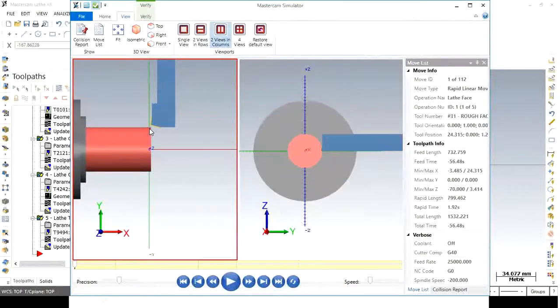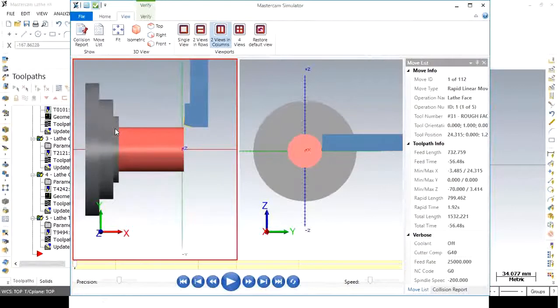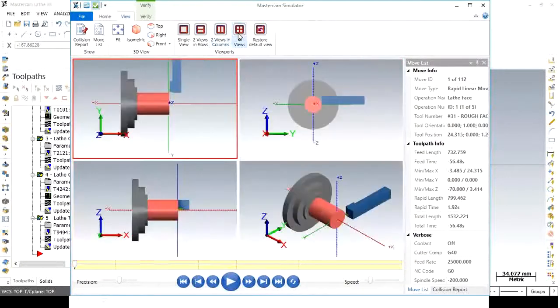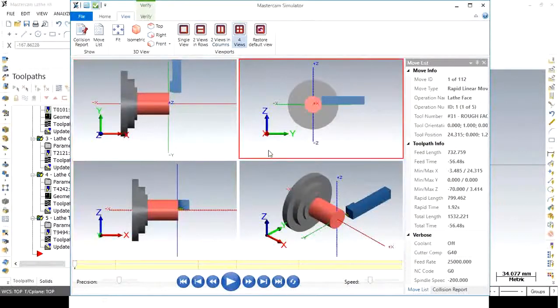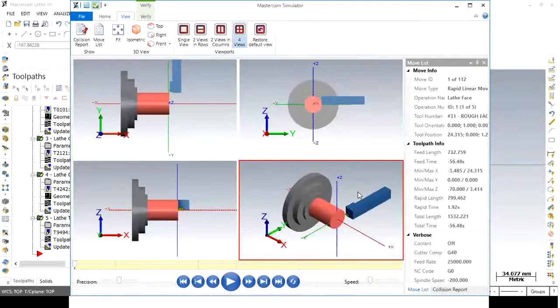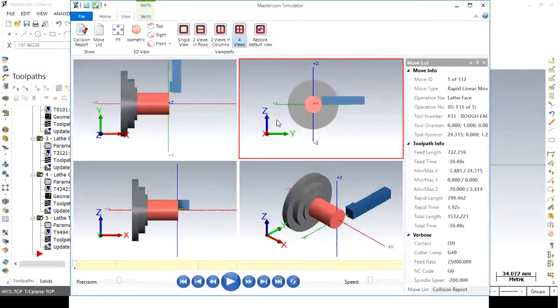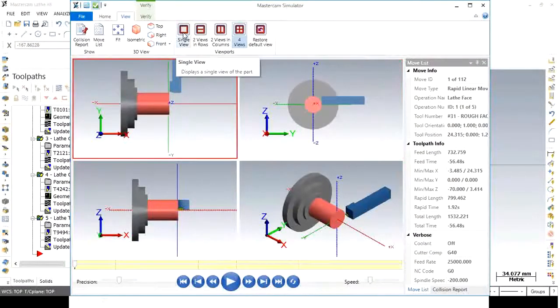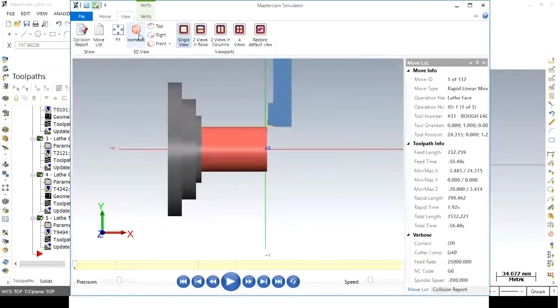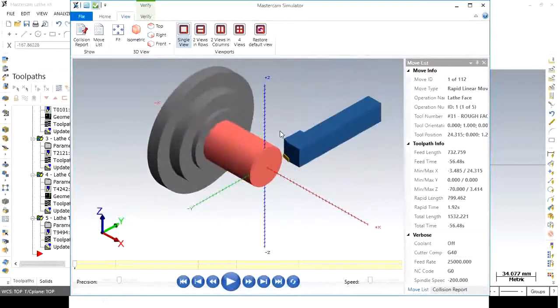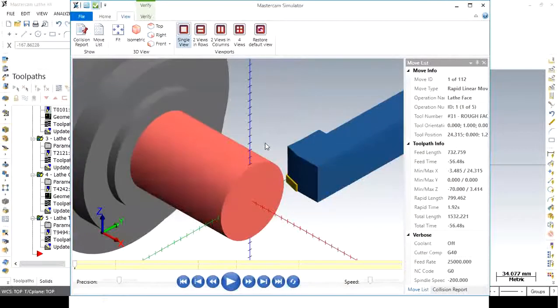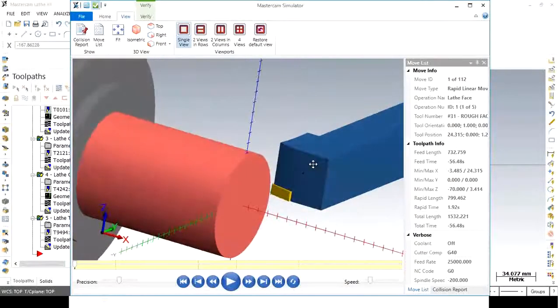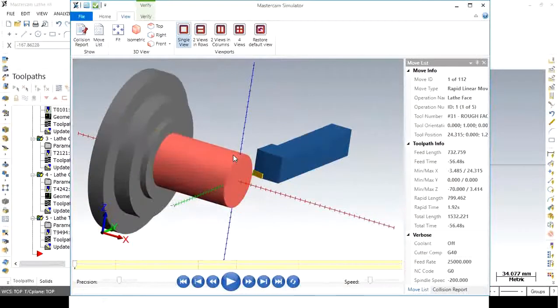You can zoom in or zoom out by clicking in any appropriate window. If you want to see all the 4 views, the top view, right hand side view, side view, and one isometric view, all these views also you can see. Now let's check in a single view. So click on single view and select it in isometric mode. Again, you can zoom in and zoom out also. You can also rotate it by any angle. So let's take this position, and you can play these animations.